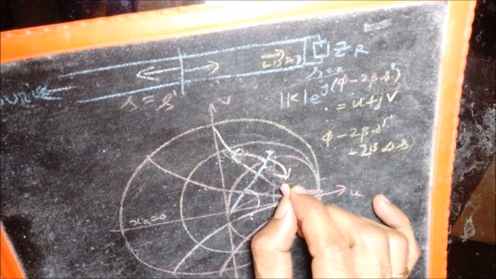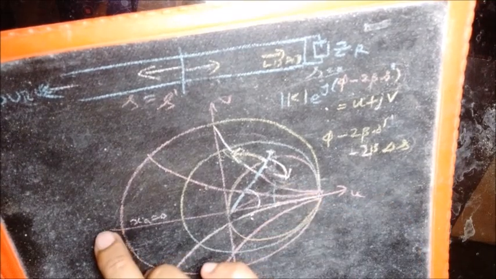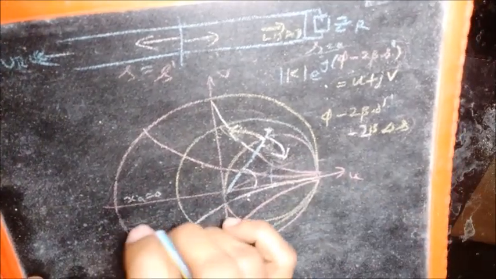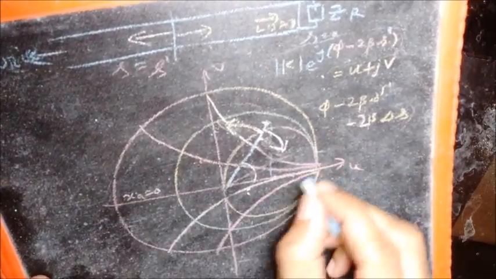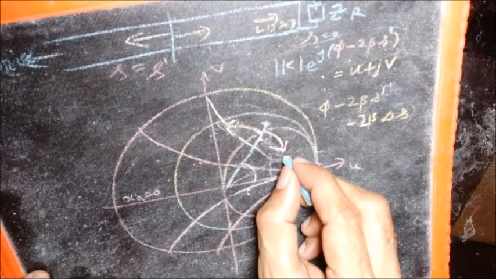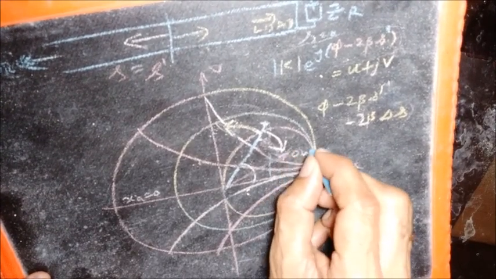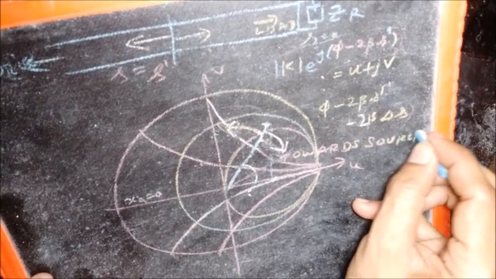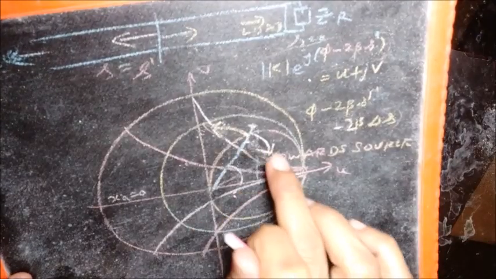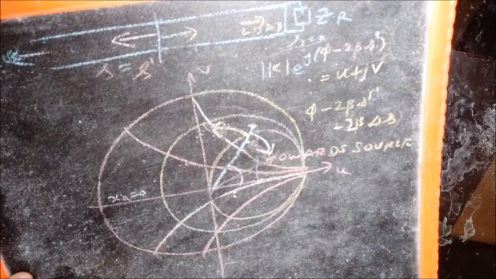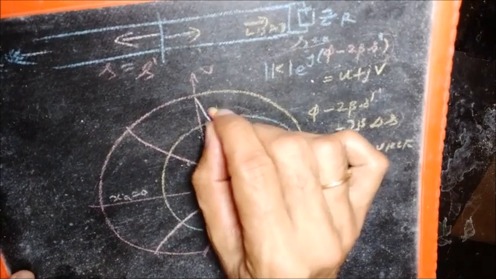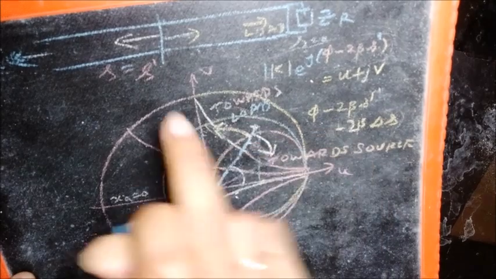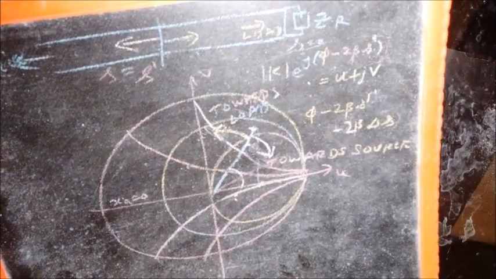This is an important observation. So I will write here, and you can see this in the actual Smith chart, where it is written somewhere here. There are so many details in the actual Smith chart that it looks a bit crammed, but once you understand what it is, it becomes easy to use. So when you move in this direction on the Smith chart, you are moving towards the source, and if it is in this direction, it is towards the load. So that is one point.